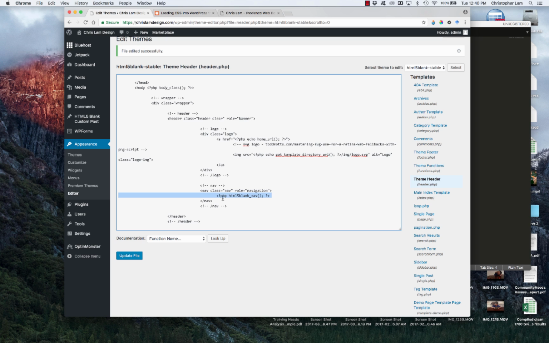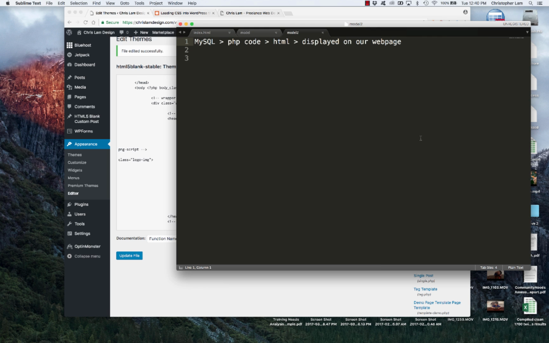And so this little PHP code is pulling from the pages of our website. So it'll automatically create your navigation bar based on the pages that you've created, the title of the pages you've created in your website. That's all happening behind the scenes. We didn't have to code that. That's happening with WordPress. So I'm going to copy that, and you'll notice if we go back to our HTML file,